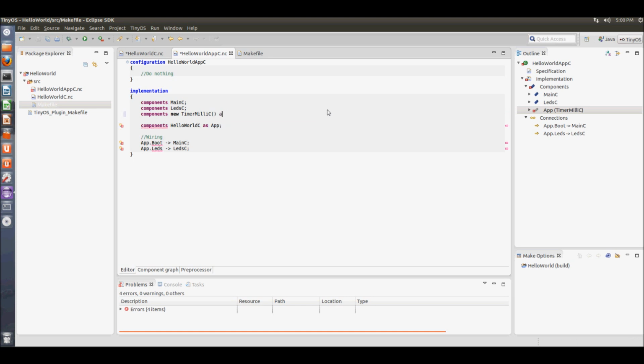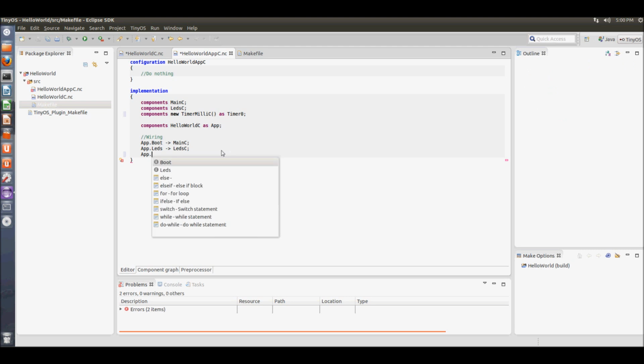So TimerMilliC is the component for the timer, and we want to give it the name Timer0. Now what we have to do is wire up this component with the interface that we had in our module file. So what we're going to do is call App dot